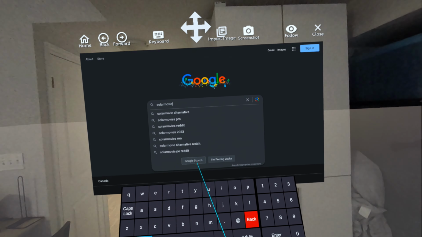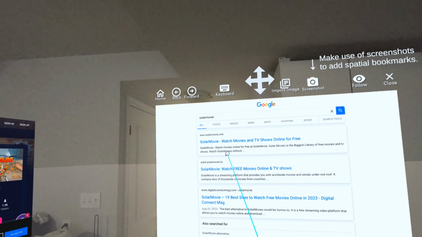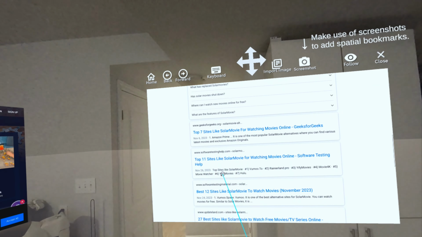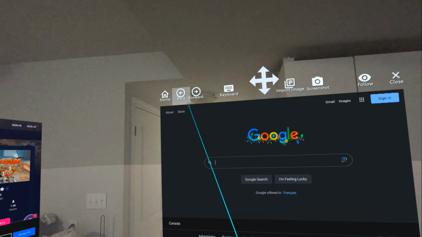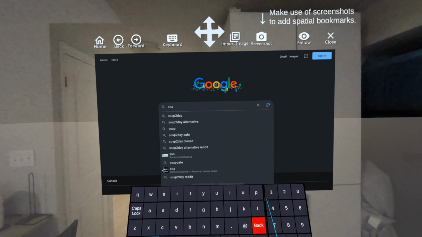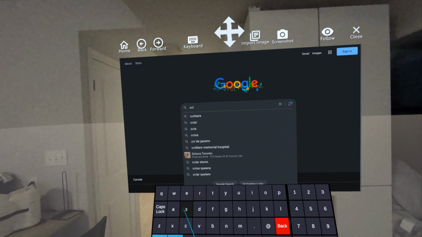Sometimes the typing on the keyboard gets caught with the background there where the search recommendations come up, and that can be a headache. And I'm going to show you a headache here where I wanted to watch movies online on this website, and I kept getting